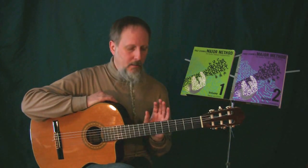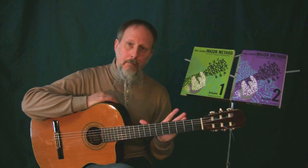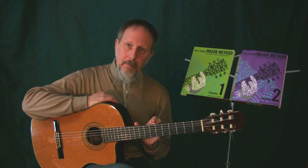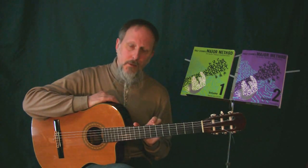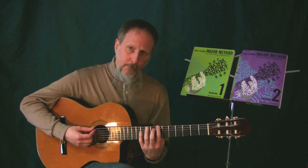Again, because in the major method, all of this is related back to the major scale. This is patterns 1 and 2 combined from the major scale. The next pattern is pattern 3 from the major scale. Again, this is all related back to the major scale, but all of these patterns are patterns for the E blues scale. You're now on the 7th fret, and you're going to be putting your first finger on the 7th